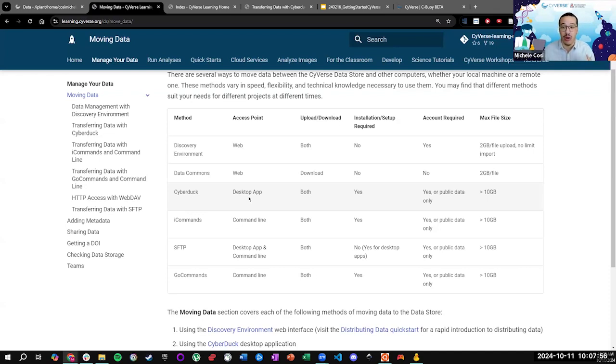vice versa, but it also allows you to create folders, view your entire list of files and folders that are in CyVerse as if they were in your computer. And it does allow for a large number of gigabytes to be transported in and out at quite high speeds, actually. If you want higher speeds and you know your way around the command line, I suggest 2